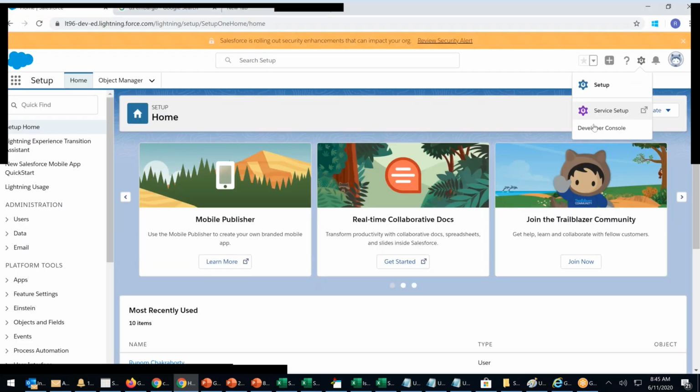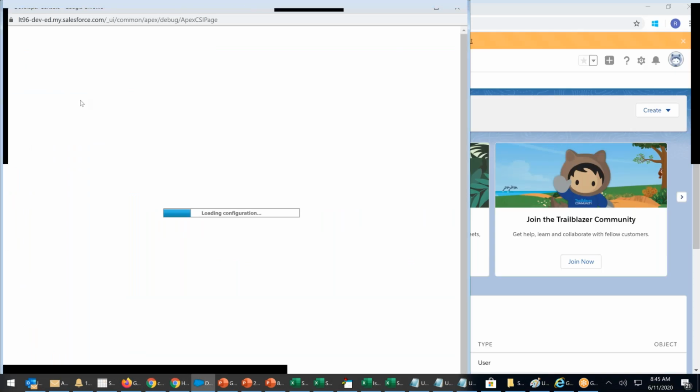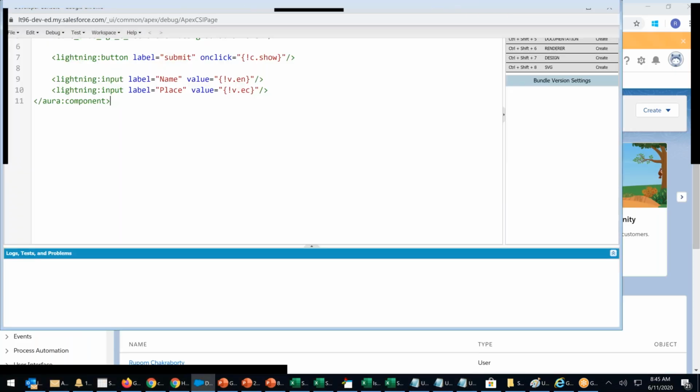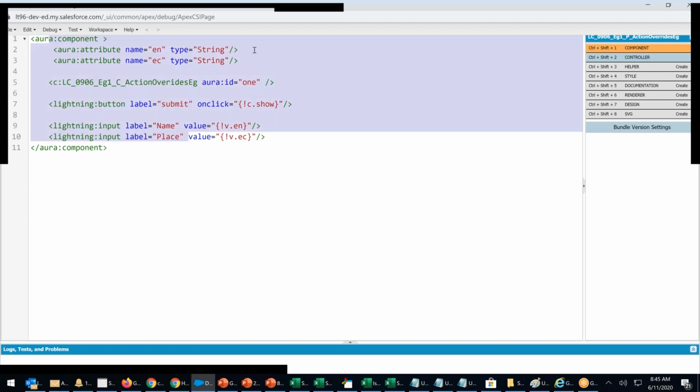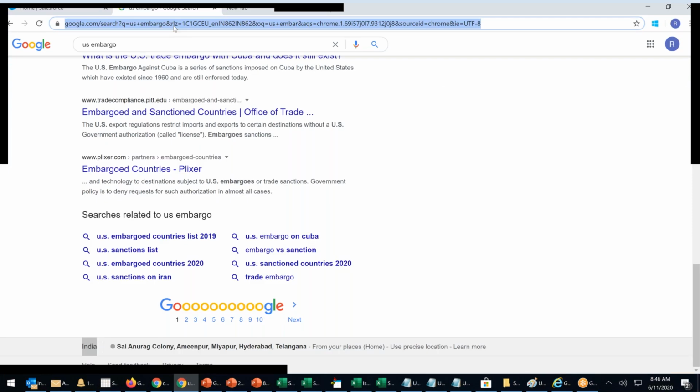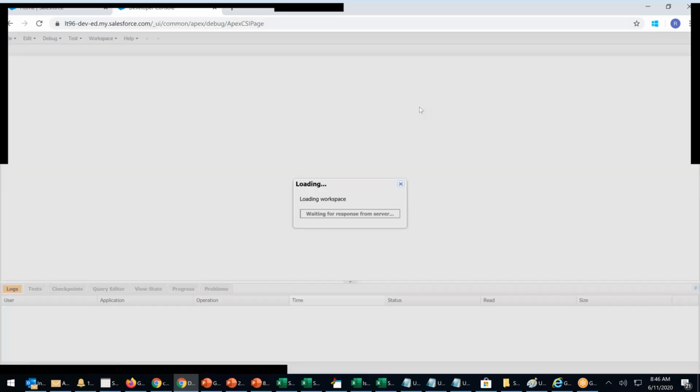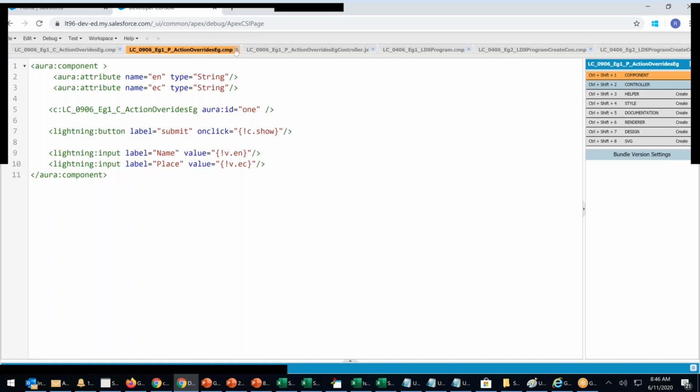Last and final time we'll see. Otherwise we'll copy the link and open it in a new window. Looks like it's not populating the names for this aura component. Okay, control C, I close it, I paste it here, enter. So I'm opening the developer console directly here. Now I close everything.